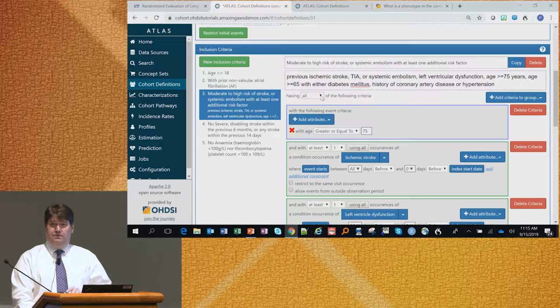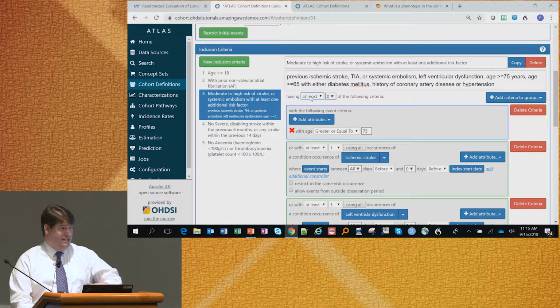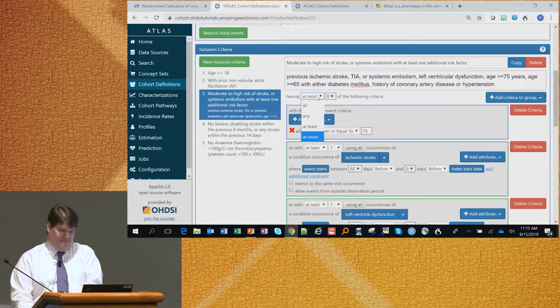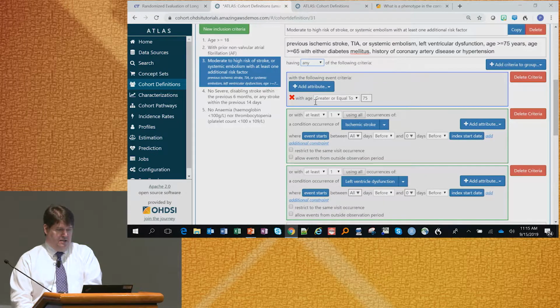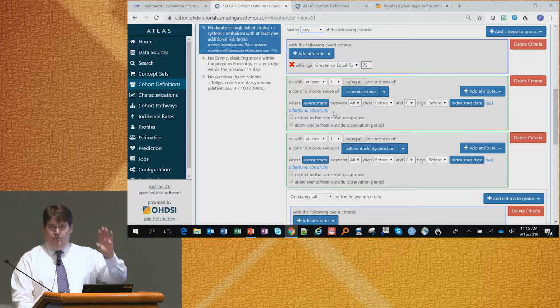Remember, these are going to be exclusions, right? So we want to say that none of these things happen. So I changed this little thing to say, instead of all of these, I'm just going to say, pardon? Oh, you're right. Sorry about that. So any, basically. So any, either 1, 2, and 3 here,